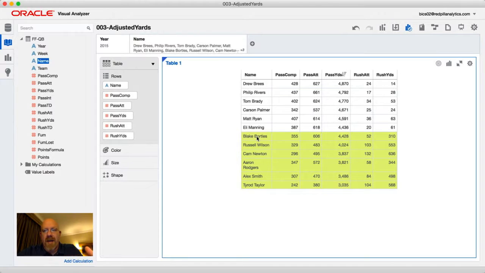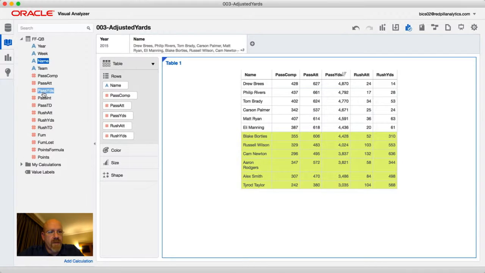Now I want to look at how these guys compare, and I want to use some interesting calculations to show what's going on when you compare rushing quarterbacks, or quarterbacks who tend to run more, with quarterbacks who tend to run less but throw a lot. So we've got these guys, and let's go ahead and